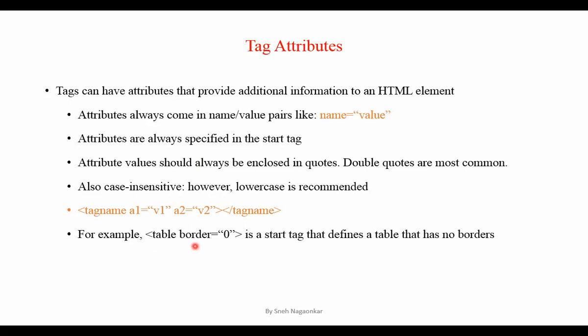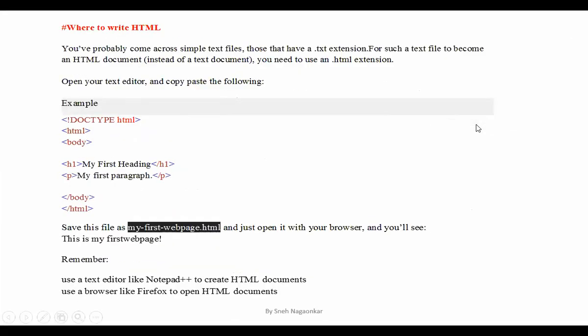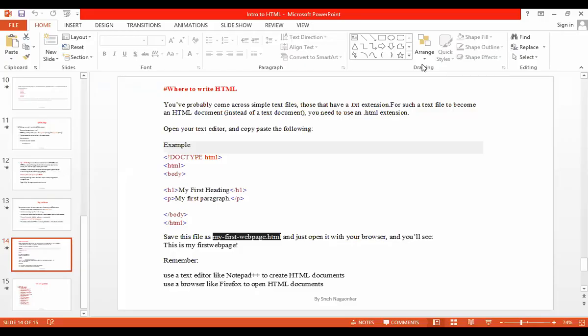So what can be applied to a table? You can apply border, you can apply what? Thickness, width, height, isn't it? So border is one of the attributes of table. So what is the value for that attribute? I'm setting a value of what? 0. Right? So this is one example of the table tag. Clear to you? Okay. So this is the example which I will explain to you now. So this is one programming example. We will see one example today. Okay. So this is how you need to explain the answer to that question.